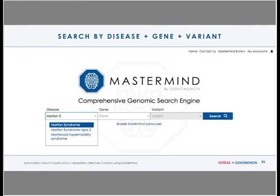We also layer on top of that indexing process many hundreds of clinically relevant key terms, which I'll highlight in a moment, that's particularly germane to the ACMG AMP classification schema. And then all of that data is organized so that a user can search by disease to see all the genes and all the variants in those genes that have been associated with that disease, or otherwise, and in the case that I'm going to highlight here in a moment, search by a particular variant and know what papers have mentioned that variant,